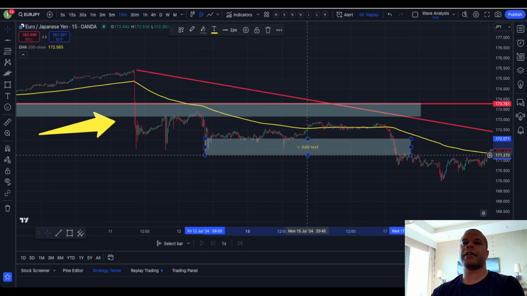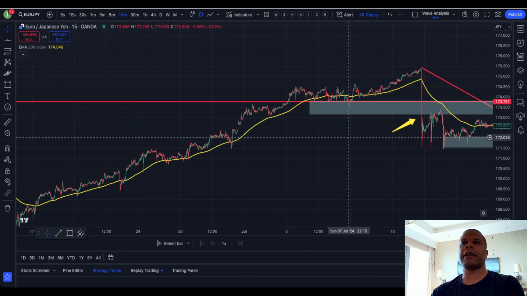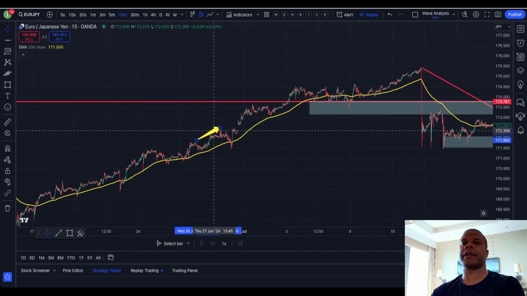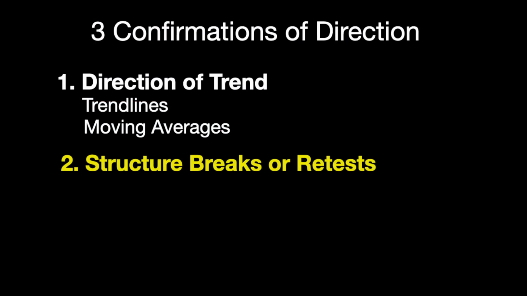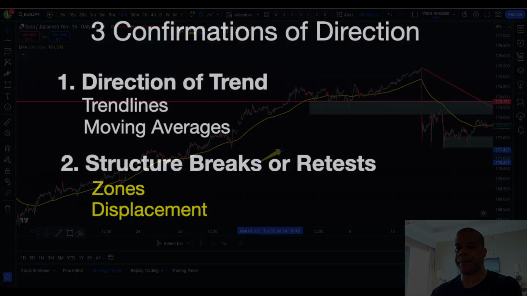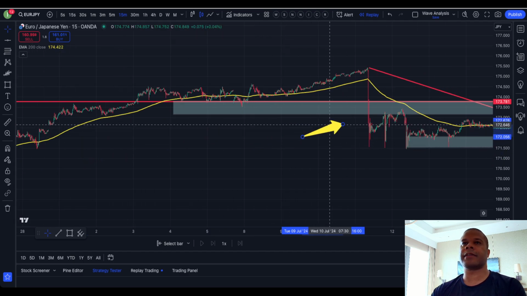I'm looking for that structure break. This is a continuation of the structure breaking from previously, when we had this big uptrend. And so that's the second confirmation that I'm looking for. I'm looking for those zones and what we also call displacement. I'll have a video strictly on displacement. I'm not going to go too in depth, but displacement is basically this. It's the break